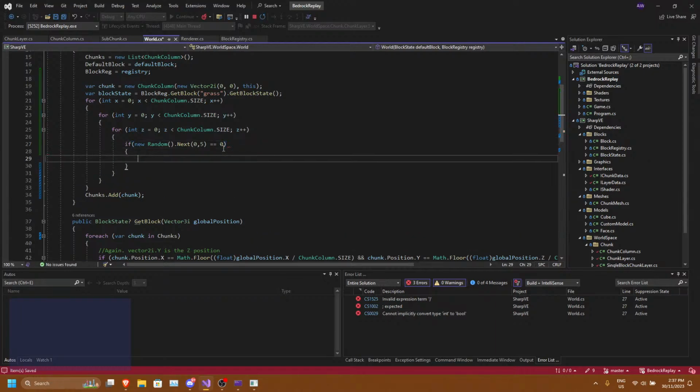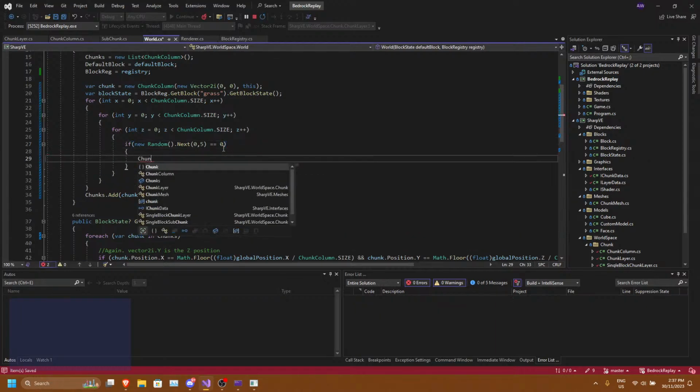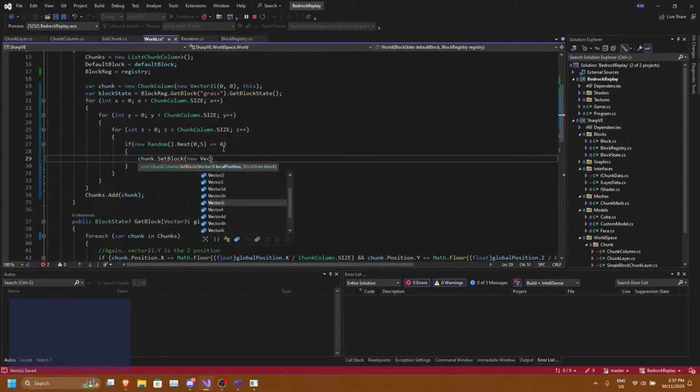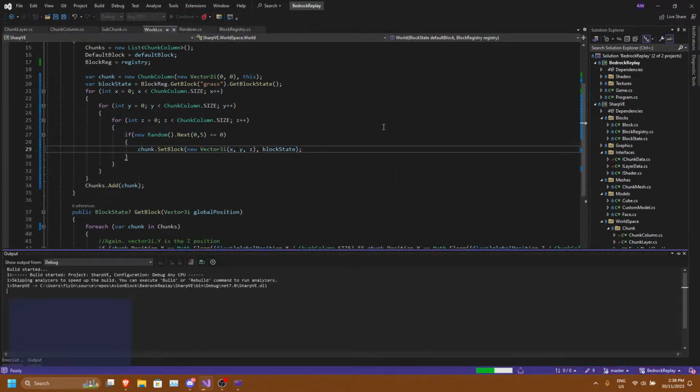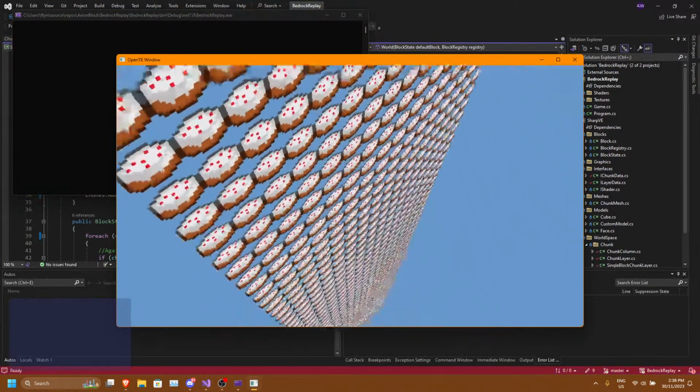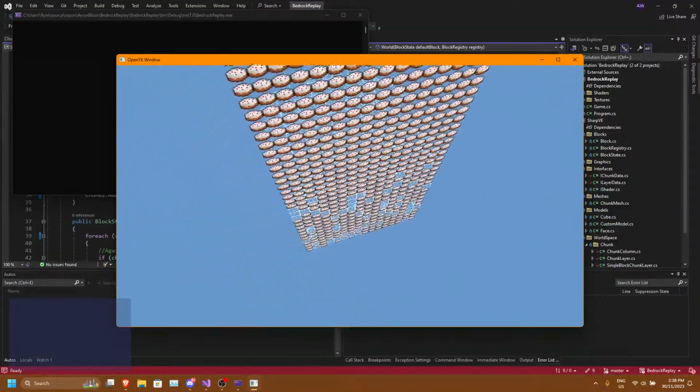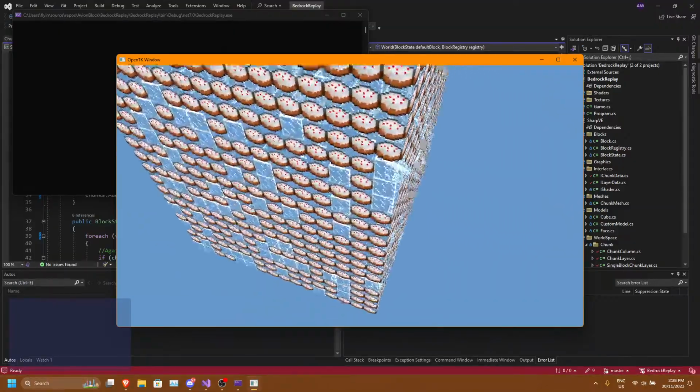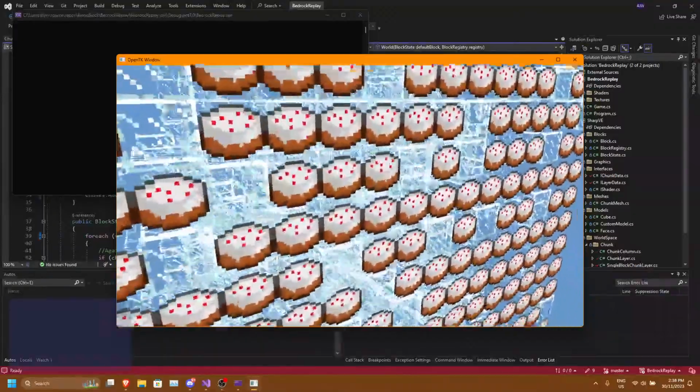Doesn't really matter. Then we just add the block, so jump. There we go. That's actually working.